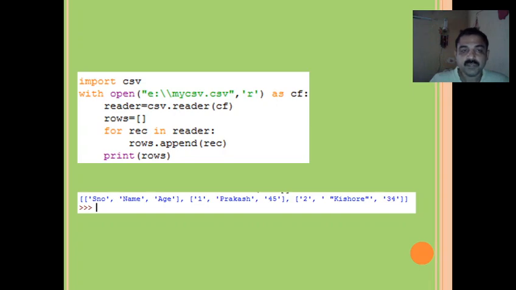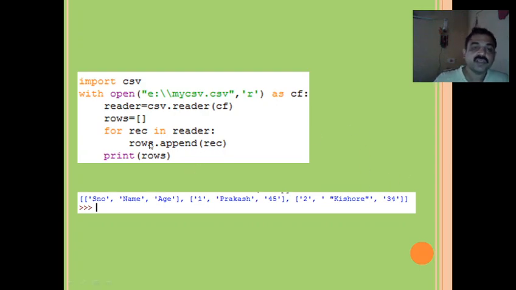There is another example here. So with open, we are opening a file. The csv.reader function is used for reading. Then we take an empty list called rows. For rec in reader, where reader is the reader object, one by one record from the object is appended.